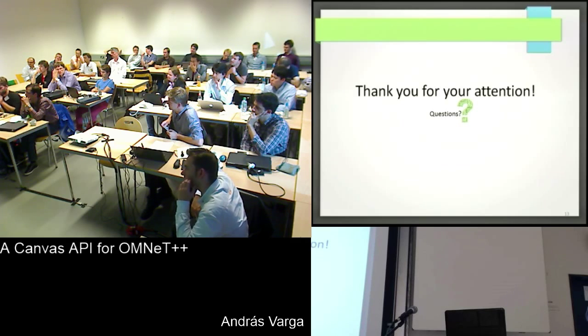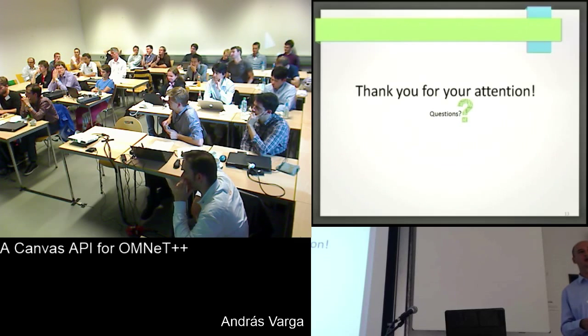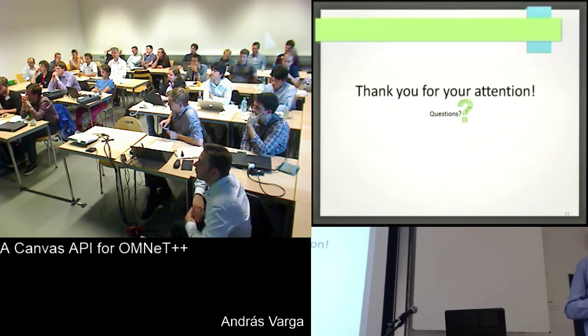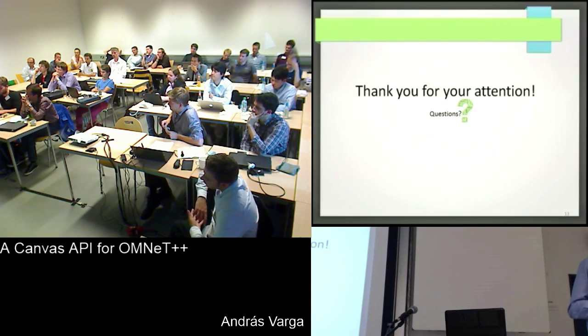So we thought it would probably be a good idea to build some kind of widget set on top of the figures API, so one can add, for example, knobs and switches to the canvas to adjust simulation parameters,